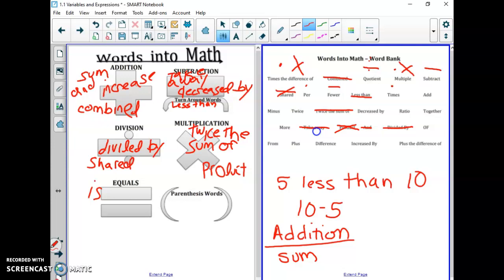Add, addition. Minus, subtraction. Hang on 1 second. Okay. Yeah, you can calculate this for us. That's okay. Minus is subtraction. Twice is multiplication. Decreased by is subtraction. Ratio is actually equals. Together is addition. More